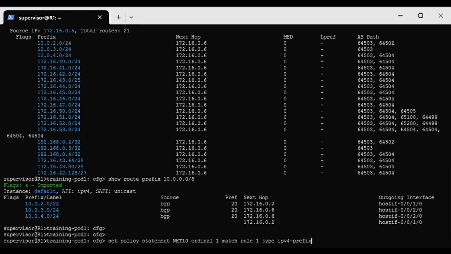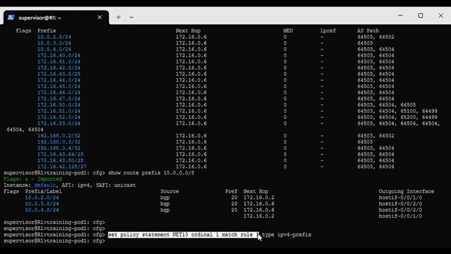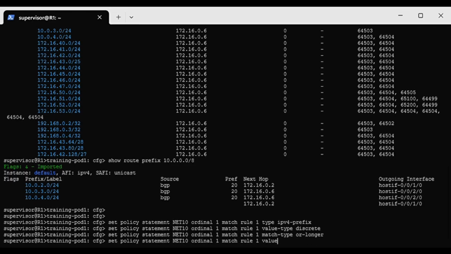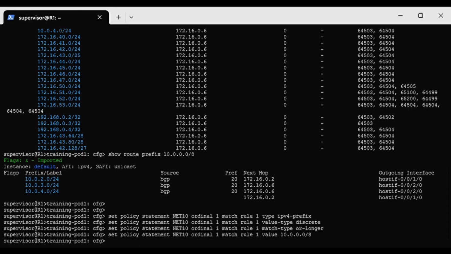The value type is discrete, and the match type is set to or longer instead of exact, since we don't want to write individual rules for each subnet, just a single catch-all rule. The value is set to 10.0.0.0/8. For the corresponding action rule, we set the operation to return deny, as we want to reject this prefix